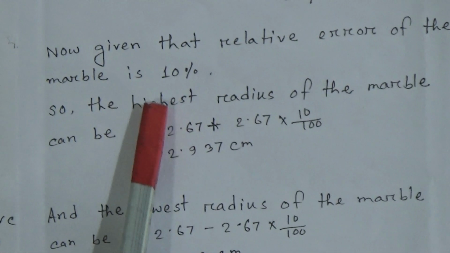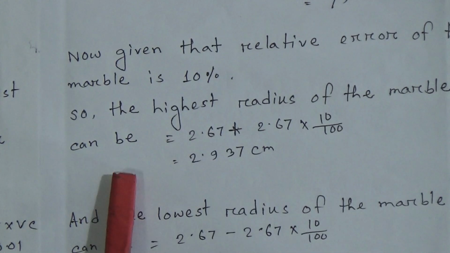If you have 10% relative error in your measurement, give a mathematical explanation of what the error would be as a percentage of volume of the marble. Okay, now given that the relative error of the marble is 10%, the highest radius of the marble can be